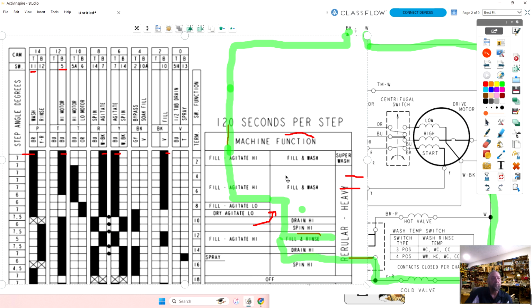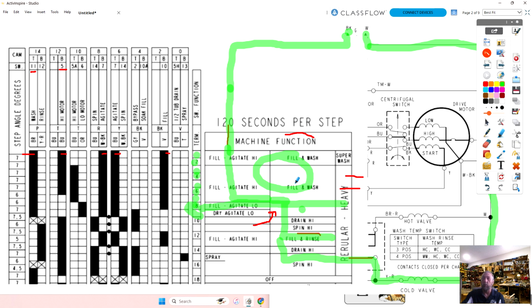So if we look here, and we said 15 minutes it would take to fill in someone's house, that's 2, 4, 6, 8, 10, 12, 14, 15 minutes would be here. If that's the case, how much time would the washing machine actually wash the clothes? 4 minutes. Because if it took 15 minutes to fill water, this timer would continue to advance. And after about 15 minutes, this is where the timer would be. We didn't wash all this time. All we did was fill water. If it took 20 minutes to fill, heck, we'd already be in the rinse cycle.